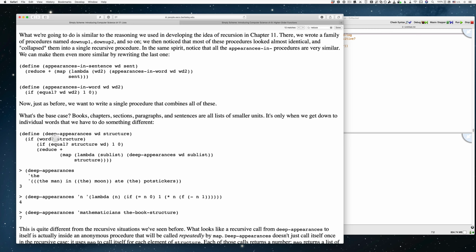If the second argument is a word, then you check if the word and the second argument are equal. If they are, you return a 1 because you're trying to count, and if not, you return a 0. And then there's this recursive call, and this part I don't fully understand,